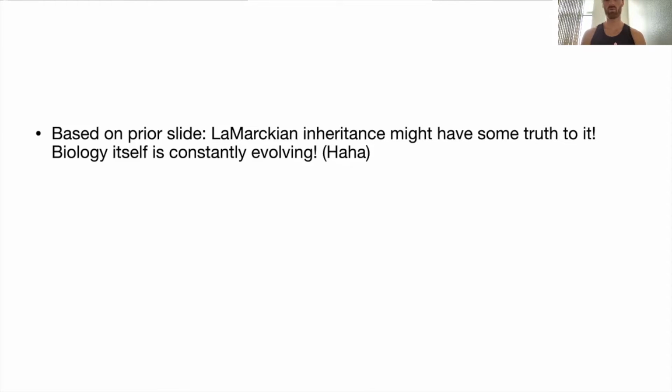But we know now that that's false, right? Characteristics acquired during an organism's lifetime are not passed on. Darwin was sort of the pioneer of showing that that's not the case. It's random mutations which the environment then selects upon, for those who are stronger. It has nothing to do with the will of the individual.